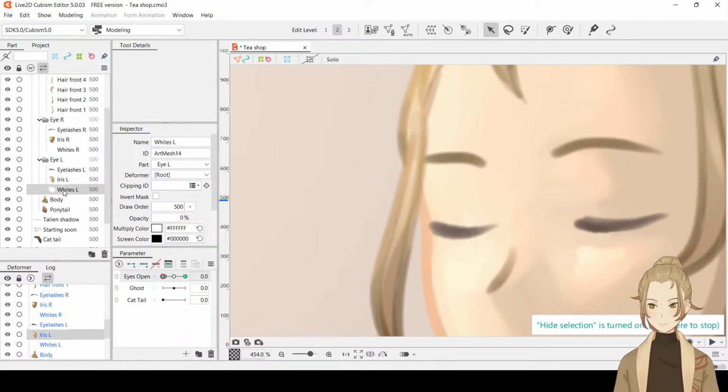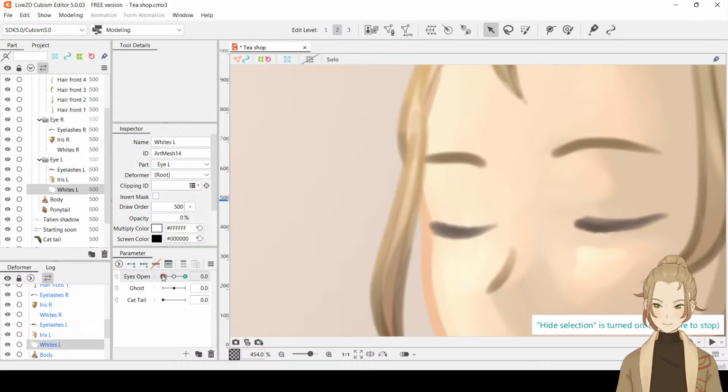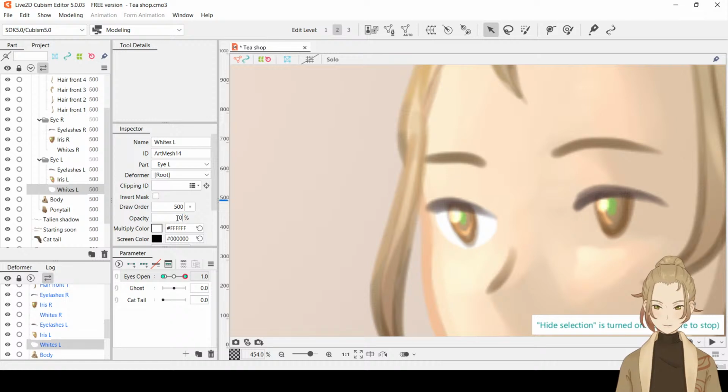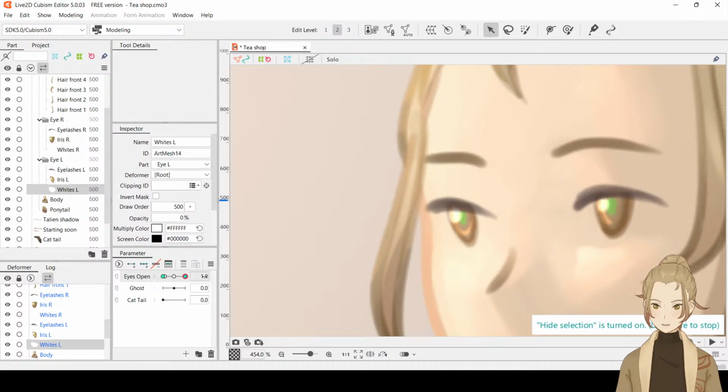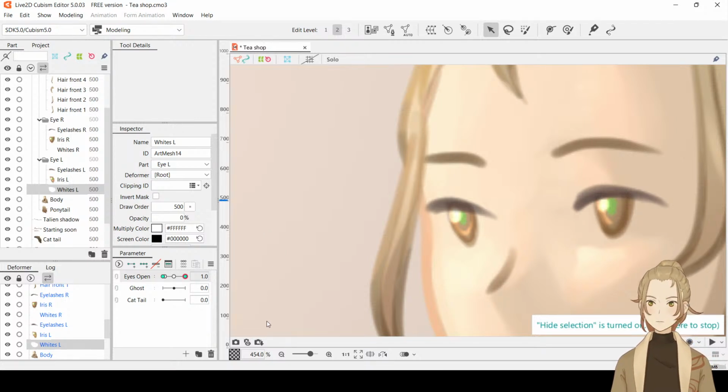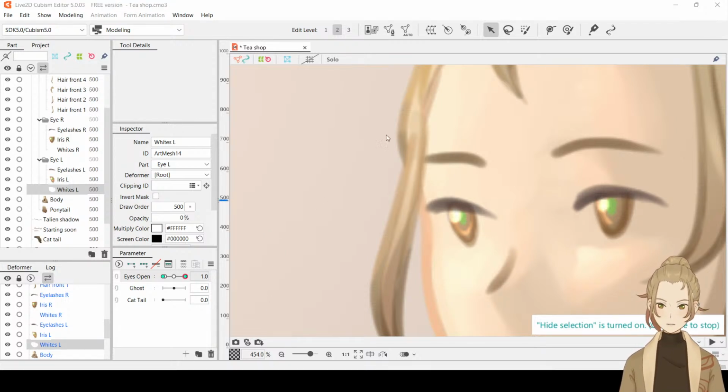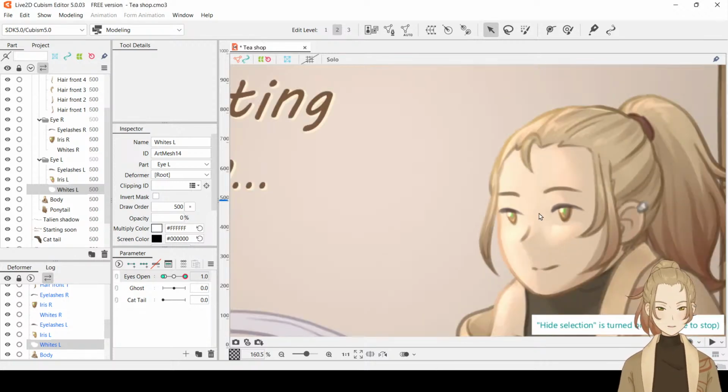Wait. Oh, I keep forgetting to do opacity on both keyframes. I know there's a way to edit for all keyframes. I think you have to like right click and do something. Or maybe it was in here somewhere. Multiple keys editing. I think if you click that, you can change the opacity for all keyframes. But anyway,